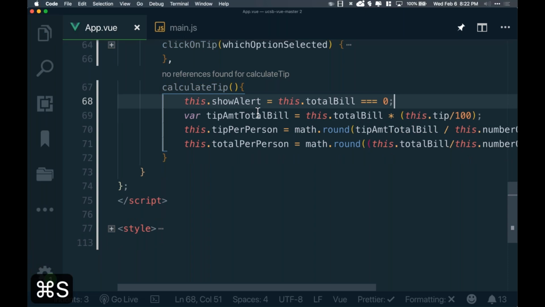And once we dig into Vue a little bit more, it has fancy things like watching a variable as it changes. So you could always be tracking total bill, and the second that it changes to a value you don't want it to be, it can then trigger this exact thing to happen and show the alert. So